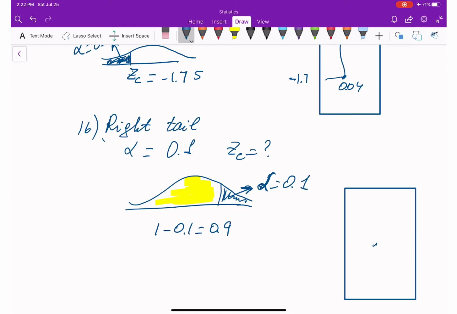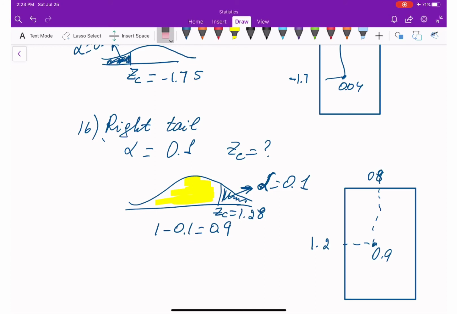So here, 1.2 here and 0.9 here. So z critical is going to be 1.28, I'm sorry, 1.28. Okay,